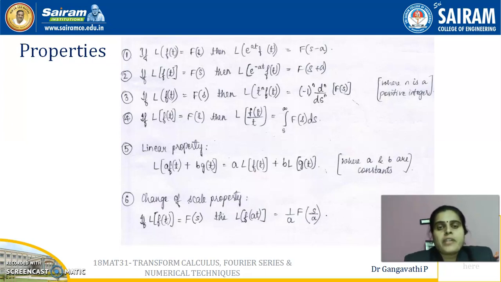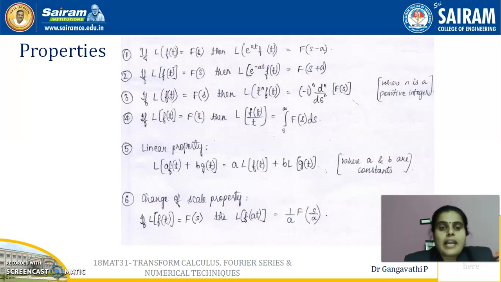When a function f of t is multiplied with t to the power of n, straight away we will not be able to find that. So we need to find L of f of t first, and then look at the power of t being given in the problem. If n is 2, then in your formula, that is minus 1 to the power of 2, d2 by ds squared of F of s. So what is our F of s? F of s is Laplace transform of f of t. Whatever answer you got for L of f of t, the same expression must be differentiated with respect to s. How many times? What is the power given for t? That many number of times you need to differentiate your F of s.